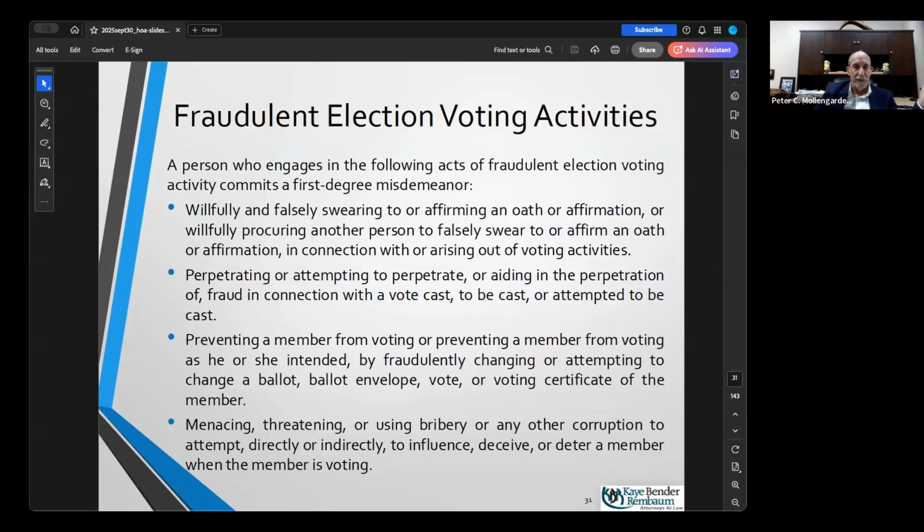Fraudulent election voting activities, and I expect no one listening to me will be engaged in any of this stuff, but we need to talk about it quickly anyway. A person who engages in the following acts of fraudulent election voting commits a first-degree misdemeanor, and these are some